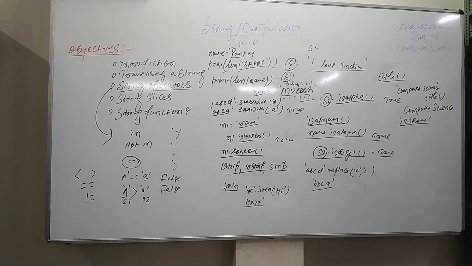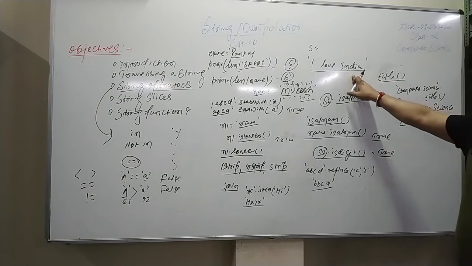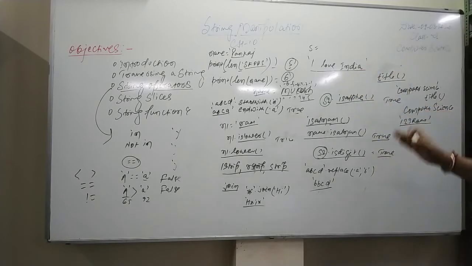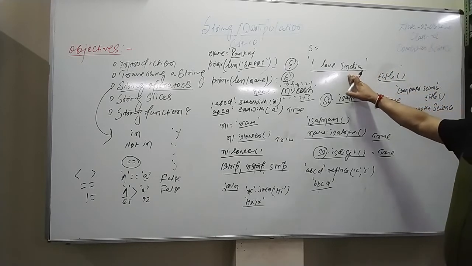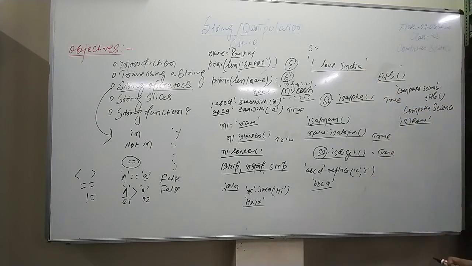And then we have a split method. A split method simply splits the string into different parts. For example, if I wrote "I love India", it will give me "I" separate, "love" separate, "India" separate, which was one string earlier. Now it will give you three strings. So simply use the string name dot split method, and if you are using it without anything,